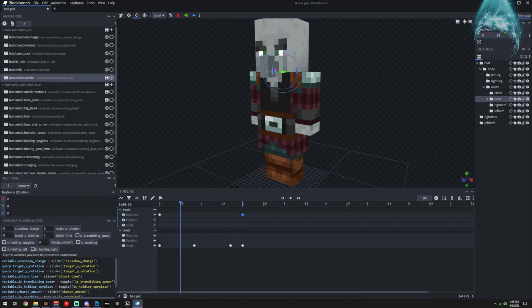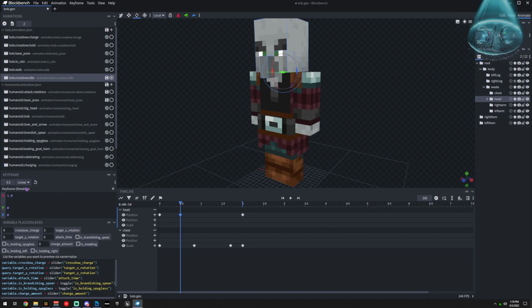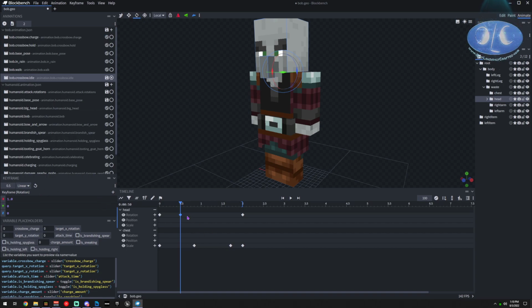So now that we have a basic breathing idle, we'll also just slightly tip the head. And this is really small. We're just going to do like a really, probably even less than that, probably like 1.0. And then on this side, we do a negative 1.0. I think that's fine, 1.0. So see how he's just, with his breathing, he's got just a little bit of movement.